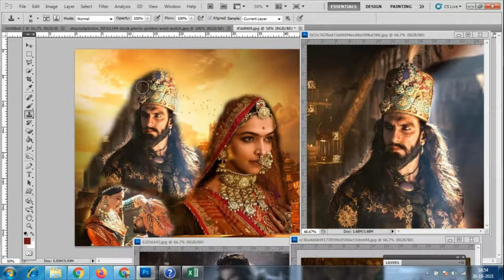Otherwise same background you have to make. I'm pressing here on the orange color sky we have, alt and left click. Whatever area I'm selecting is copied here, so the same thing will come. Okay, like this.